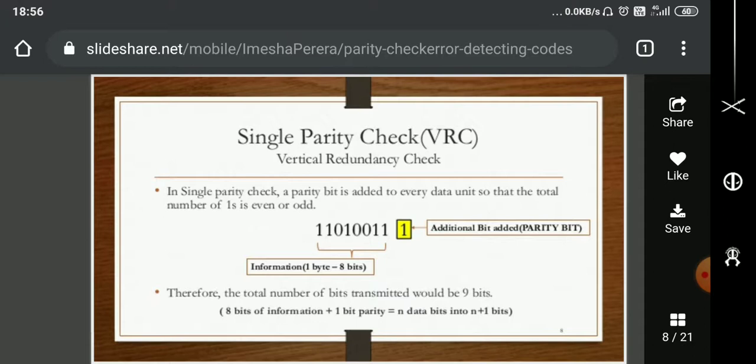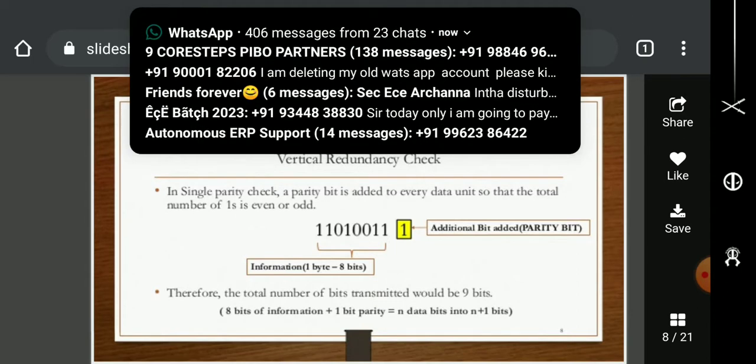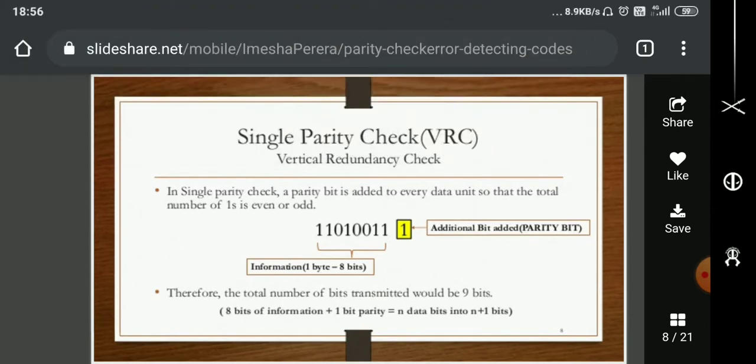Very simple, guys. For odd parity, count the number of ones in the data. If there is already an odd number of ones, put a 0 as your redundant bit. If an odd number of ones is not present, add a 1 to your data. Similarly, this applies to even parity. If an even number of ones is not present, add a 1 and make it even. If an even number of ones is already there, add a 0 as your parity bit. Either way, we are going to add a parity bit, based on odd or even parity logic.